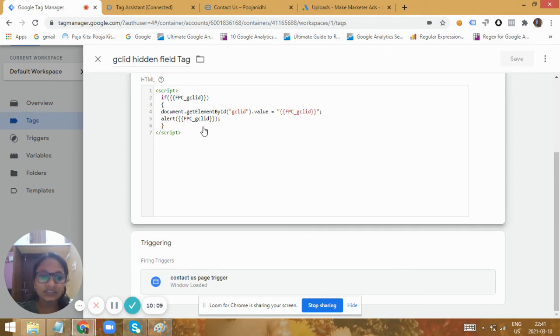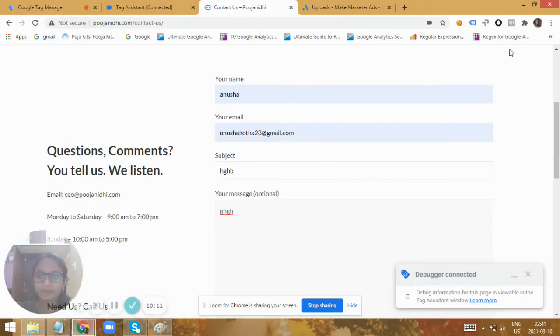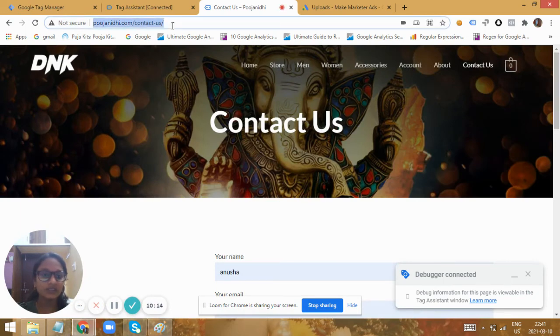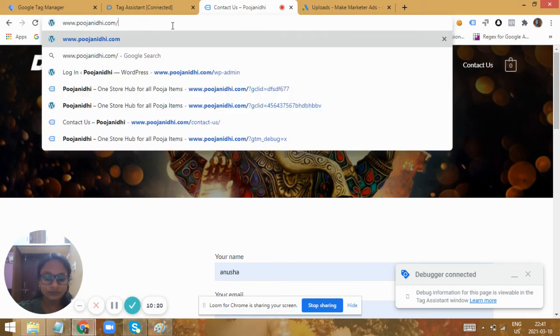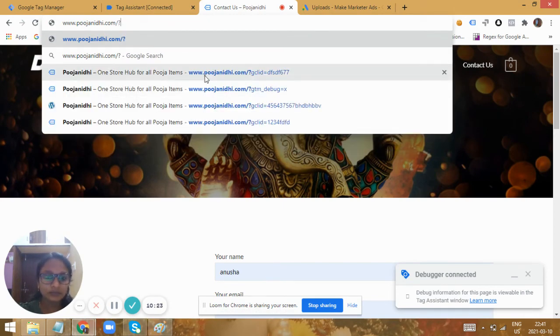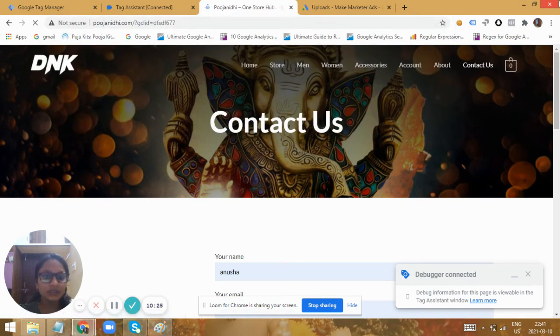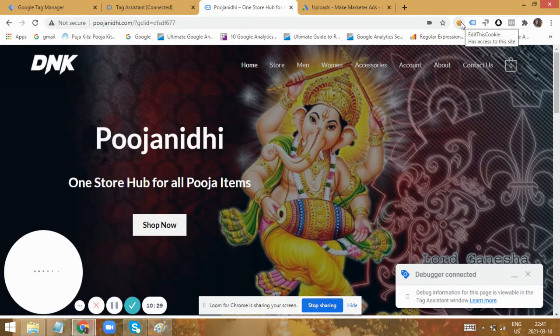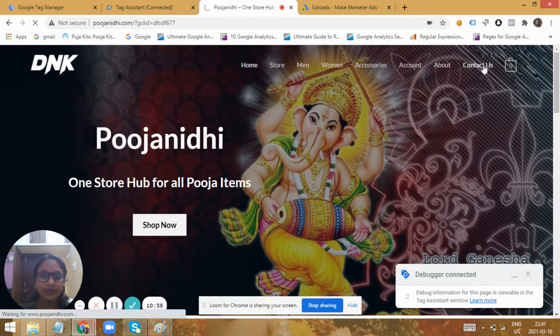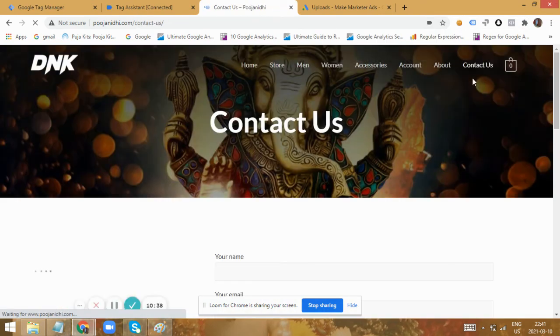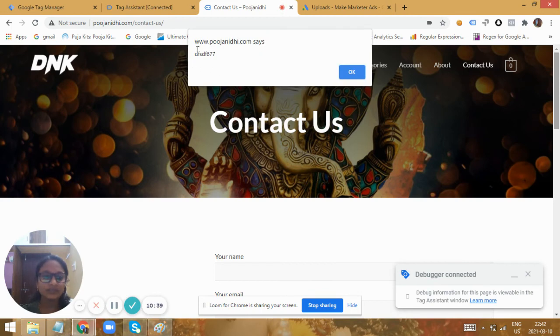And then here I have kept an alert, as you have seen before. Let me again show you the alert, with the GCL ID. So this is the GCL ID. When I go to the contact us form, see, this is the GCL ID of that particular user. Here we have an alert box. Instead, you can have this value being sent from the form as a hidden field into your CRM, and then while you